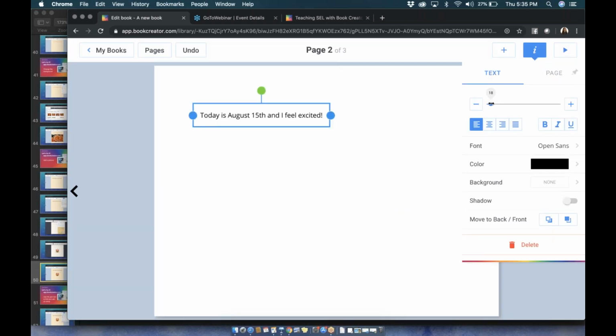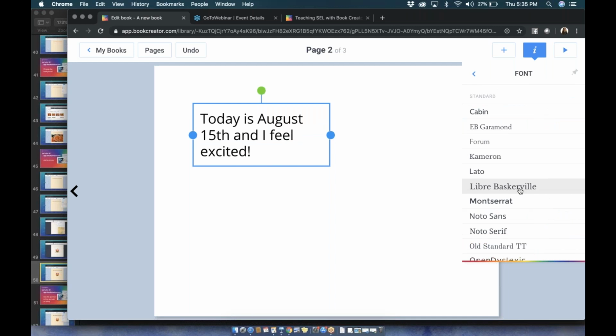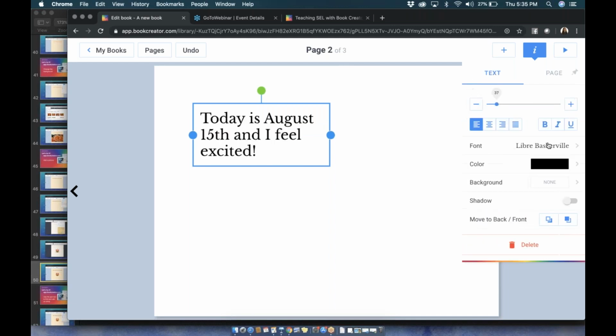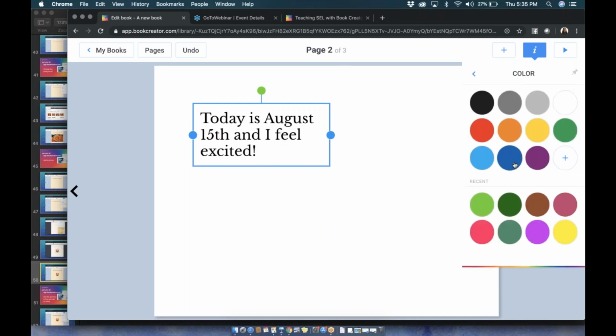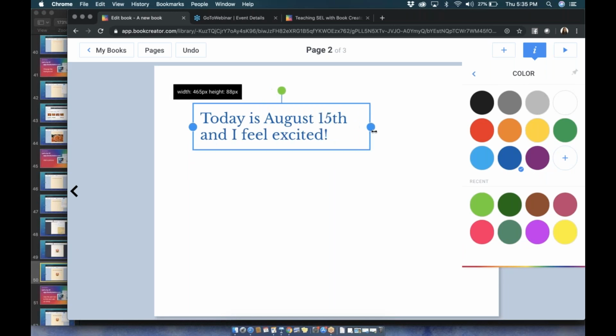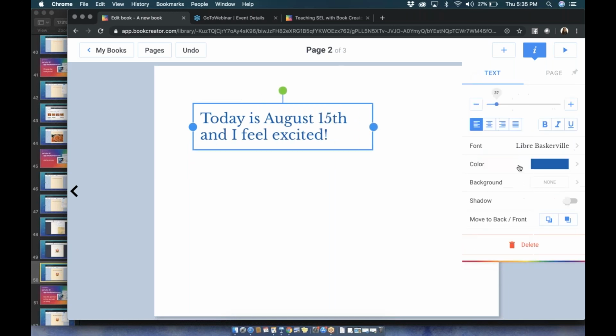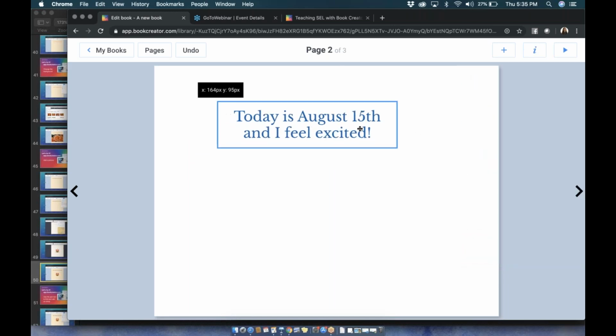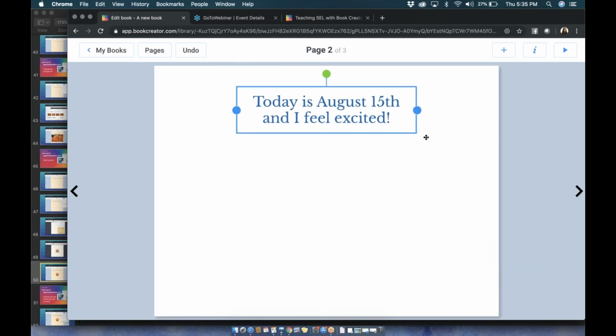I could go in and I can change the font or maybe make it a little bit bigger, right? Totally up to you what you want to do here to make it your own. I always like things to look a certain way. So we'll go ahead and put this here. I'm actually going to center my text and put it right here at the top.